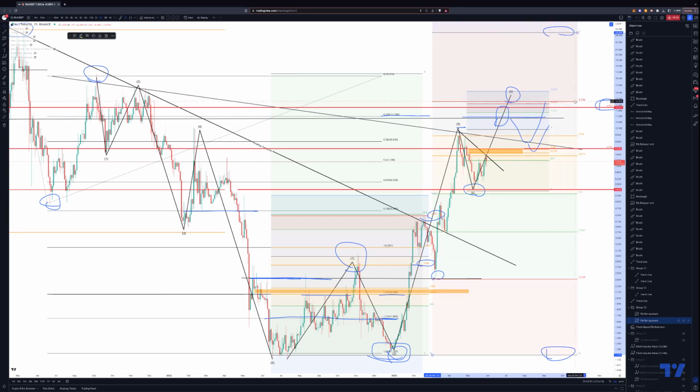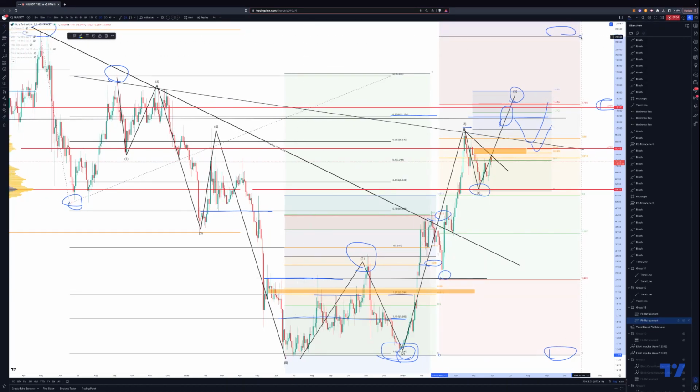A 786 is perfectly there as well, give or take. If we just ignore some of those wicks, we can probably do that as well. 786 is there as well. Here we have the 618, so that's acted as resistance as well. So we went above it. The fact that we went above it and pulled back, it's going to act like a resistance, this layer on